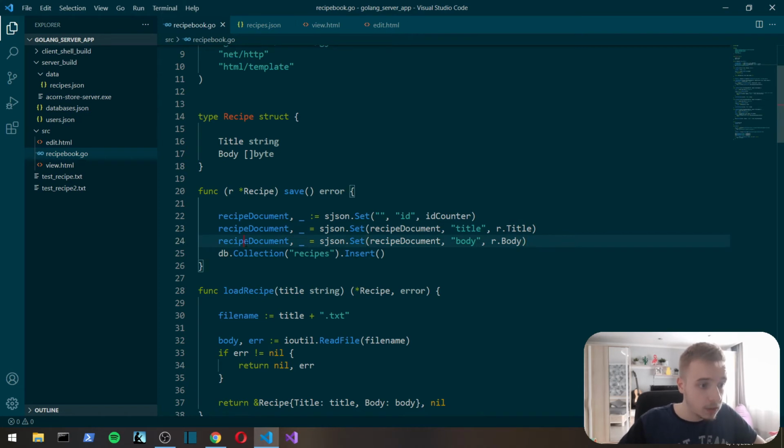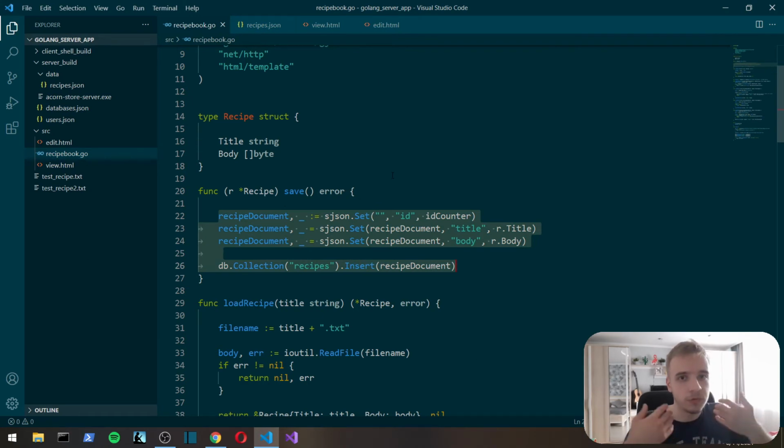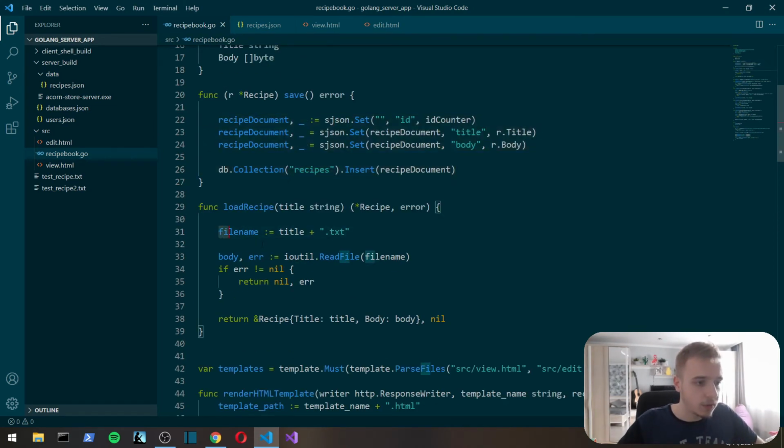That's it. Recipe document, insert recipe document. So this is the save code, the code to save the new recipe object to the database, and loading is